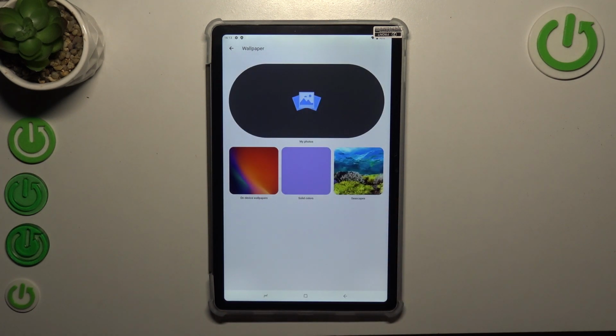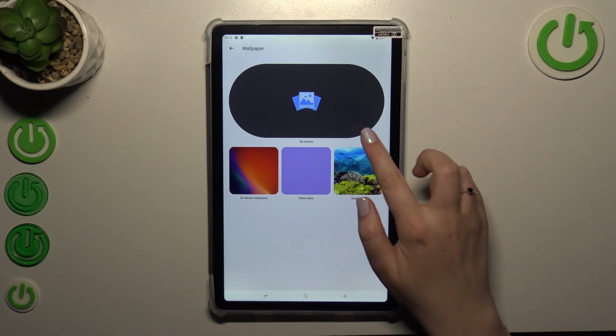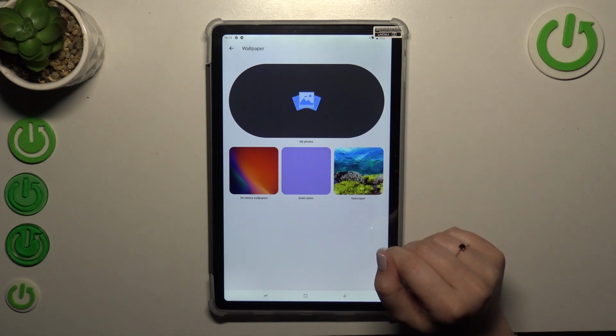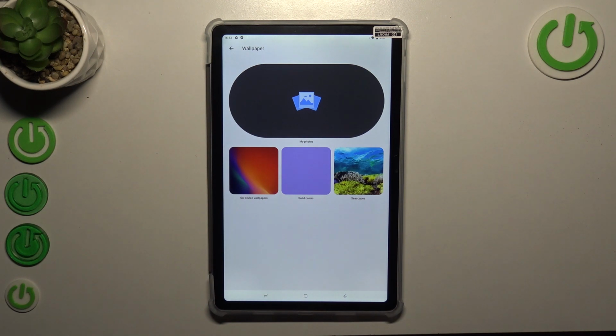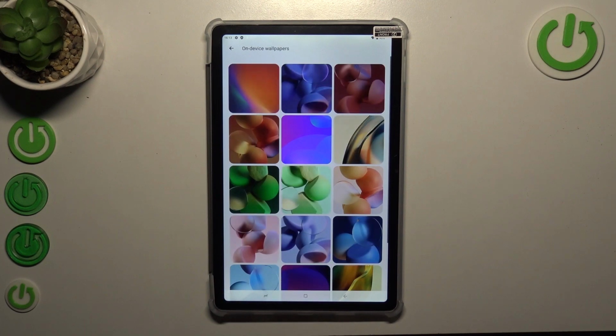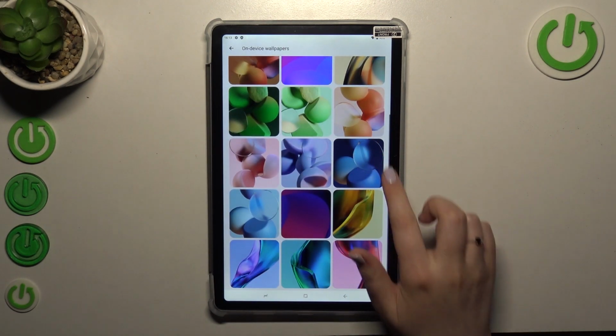Just tap on change wallpaper and here we will be transferred to 4 different albums from which we can choose the wallpaper. So here you've got your own photos. You can set one as a wallpaper, on device wallpapers which are by default installed here, the solid colors and the seascapes. Let me pick something from those options, and as you can see here we've got some pretty options from